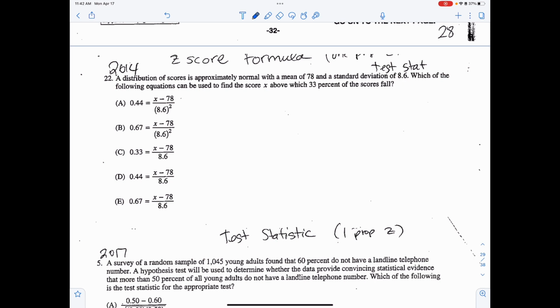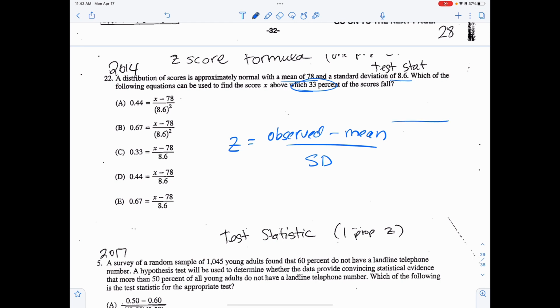Remembering the Z-score formula, the Z-score is going to be my observed minus mean, divided by the standard deviation. All right, but remember, this is a little bit trickier because it says approximately normal with a mean of 78, standard deviation of 8.6. And I want to know what z-score for 33% above the scores. So basically what I need to do is find my z-score for that value right there, which means this is 0.67